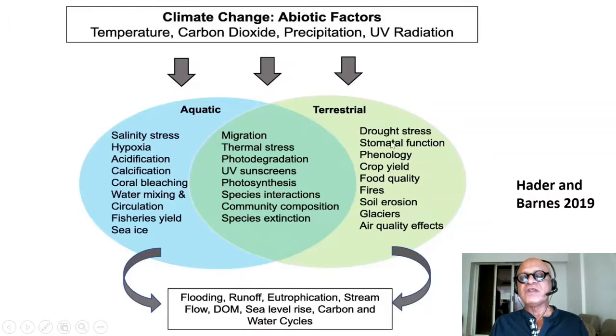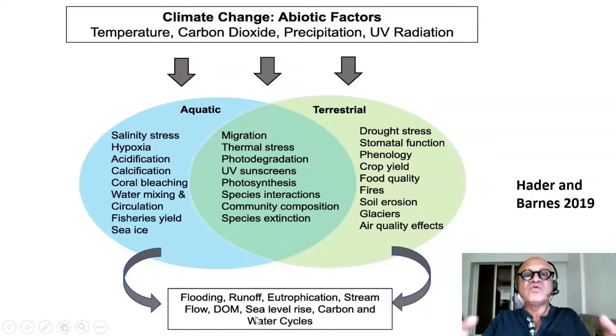On land, we have drought stress, stomatal function, phenology, so the seasonality of the plants' cycles during the year, crop yields because of temperature and precipitation changes, but also pollution like ozone, and food quality. There is evidence that with warming, maybe fewer micronutrients are taken up by some crops. That has to be studied more. Fires, soil erosion, human activities, glacier loss, and air quality effects, all of them resulting in flooding, runoff, eutrophication, which